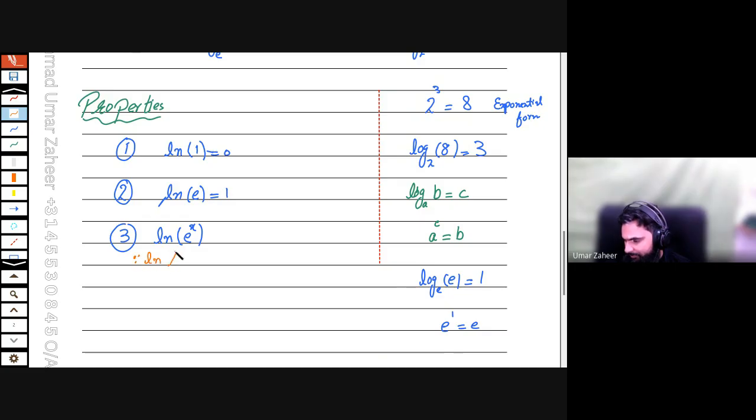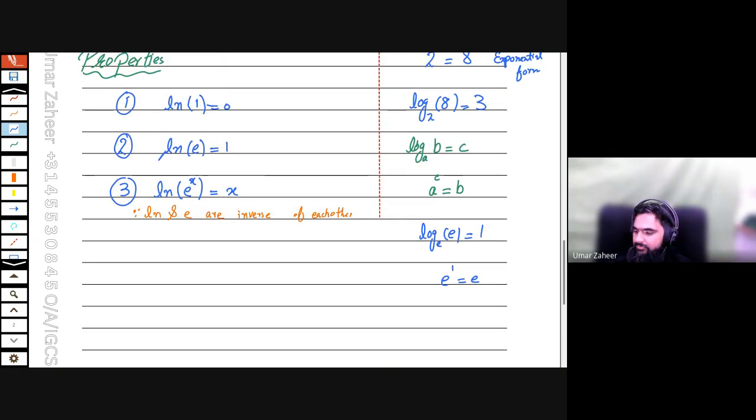Natural log and e are inverse of each other. So simply the natural log and e will be cancelled out. The answer would be x. The fourth point, the natural log of x is defined